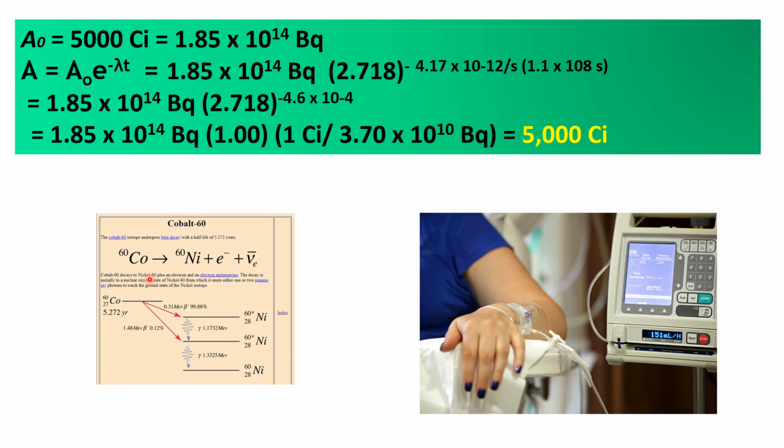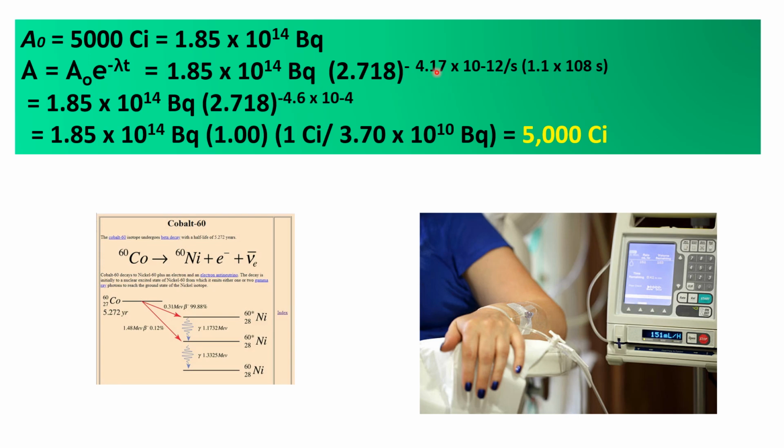Alright, so earlier we already got the value of the initial activity A naught, which in becquerel is equal to 1.85 times 10 to the 14 becquerel. So we can now determine the new activity A after that time elapsed, t, using this formula: A naught multiplied by Euler's number raised to the negative lambda t power. So substituting,